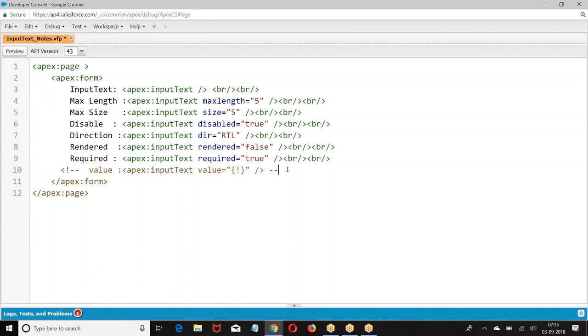So we have input text, max length, size, disabled, direction, rendered, required. Then we can also give tab index.